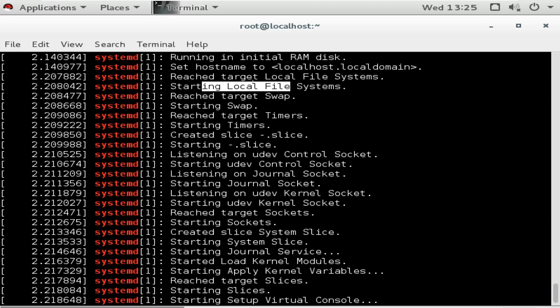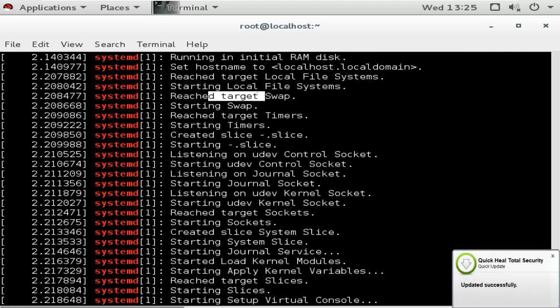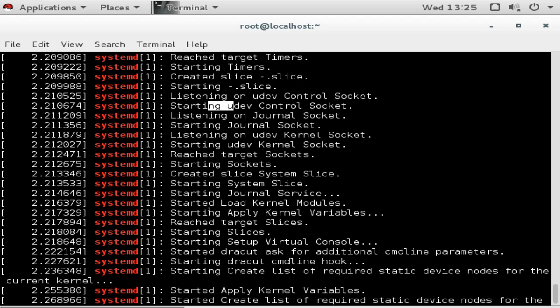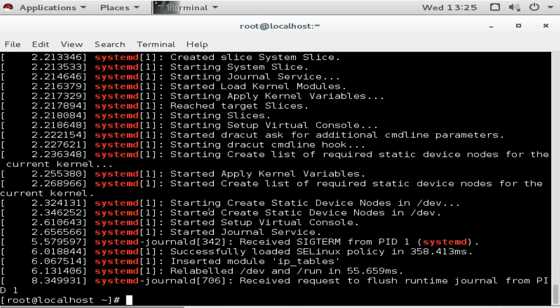Then it reached the swap and is starting the swap files. Then it is starting the timer, slices, udev control sockets and all these, and it is setting the virtual consoles and the kernel variables.